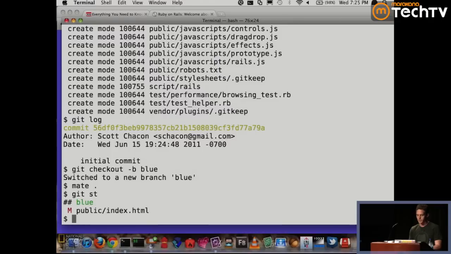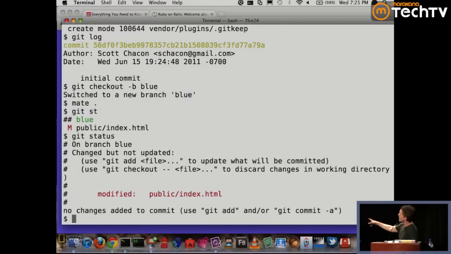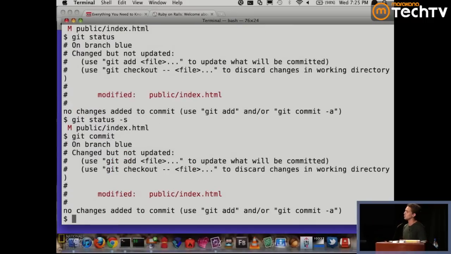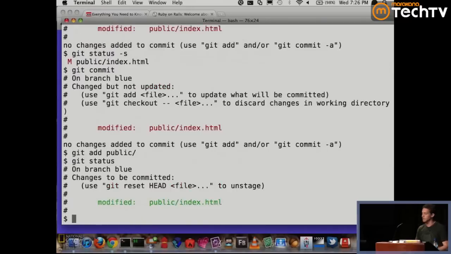Now if I say, sorry, stop, I'm going to stop doing that. That's an alias that I have. If I say git status, that's an alias for git status -s. It will say, here's the file that you've modified, right? If I say git commit right now, it's not going to do anything because I have to say git add. I have to say add this changed content to my next commit. So I'm going to say git add public, and then if I say git status, it gives it to me in green, and I can say git commit